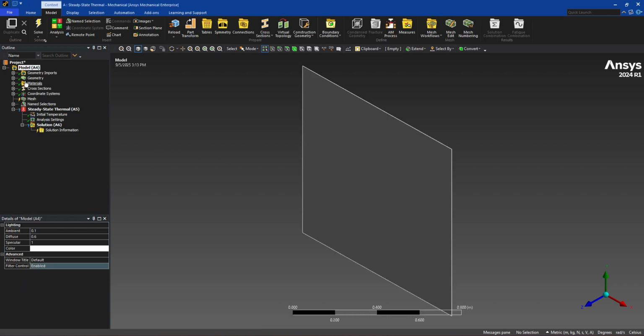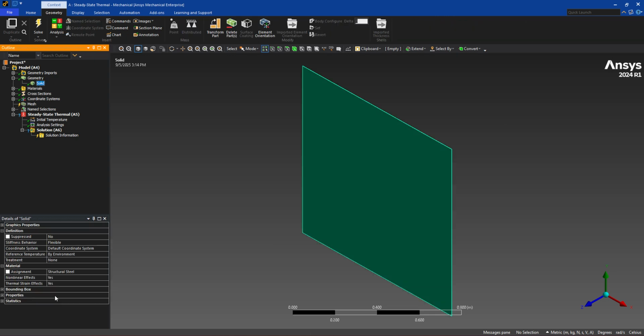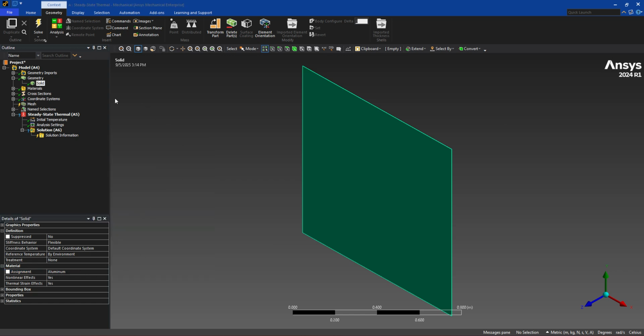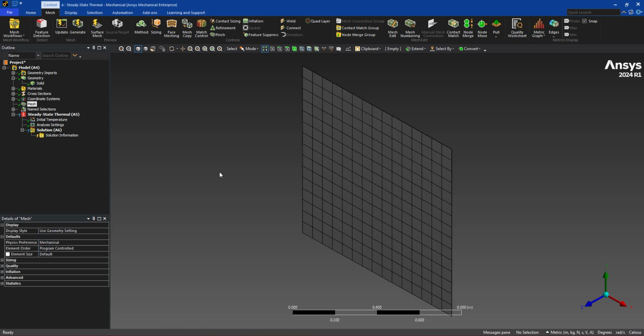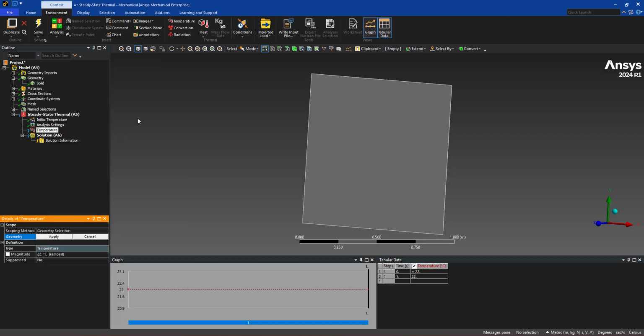Now before going anywhere, choose the geometry and go for the solid, and change the assignment to aluminium, and now generate a mesh. I'm still going for a default mesh, and now the temperature. Similarly, as in the 2D case, I will be choosing the name selection that I have done before in the geometry section, and choose the left side, give it the temperature of 100 degrees Celsius,